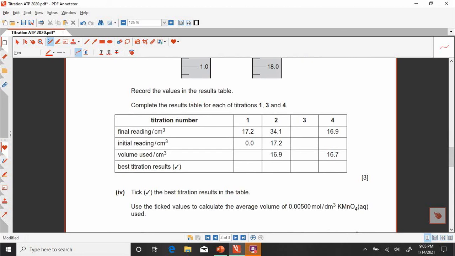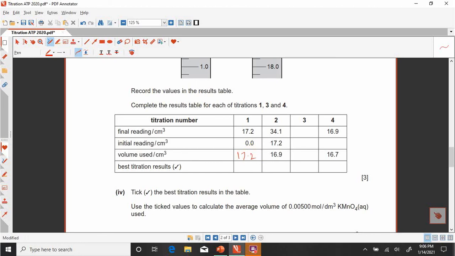But here some are filled and some we have to fill. Now look here, titration number 1, initial and final readings are here. The third part is the volume. How will we calculate it? By just subtracting the initial reading from the final reading. So the answer will be